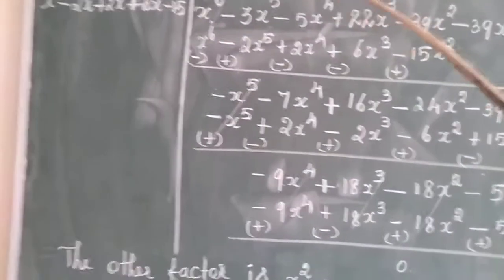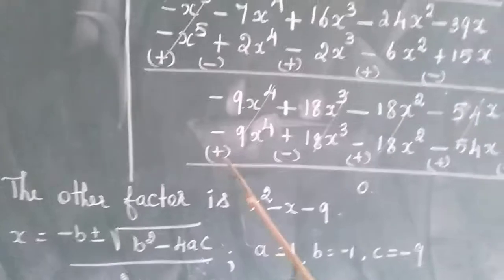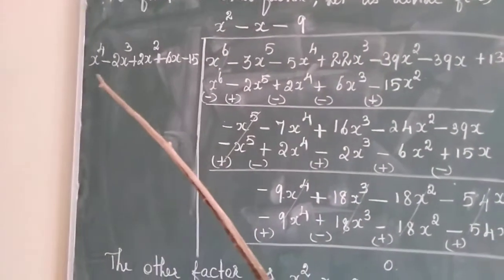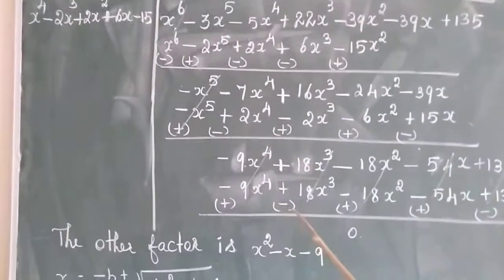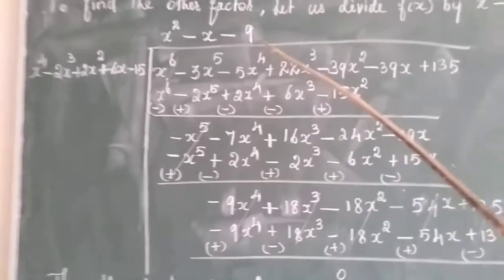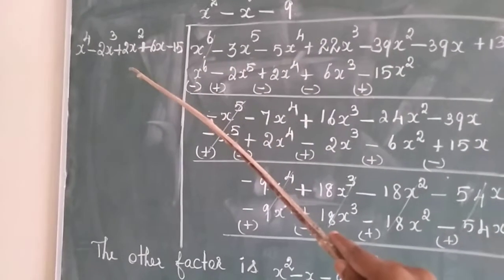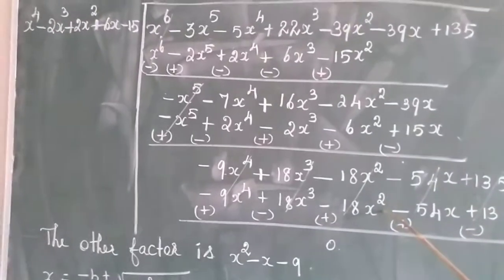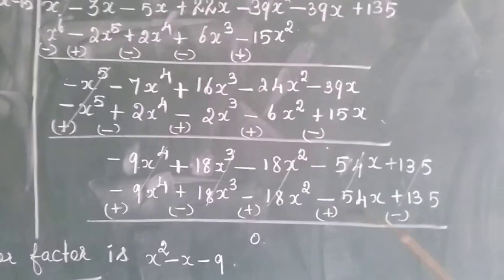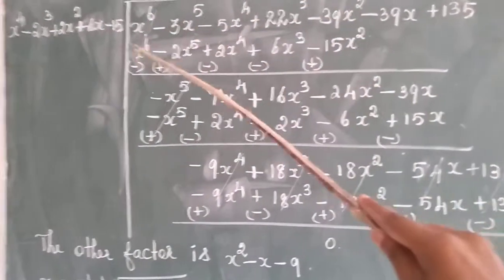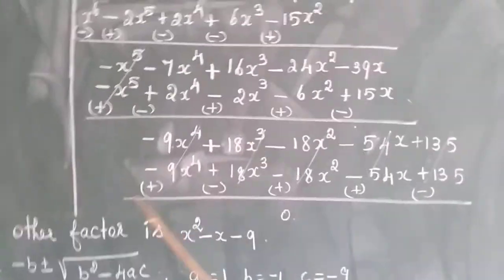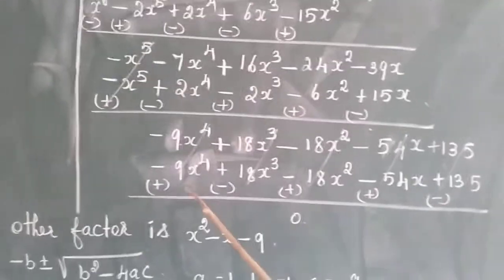When you multiply minus 9 into x power 4, it will become minus 9x power 4. Next, minus 9 multiplied with minus 2x cube, we are getting plus 18x cube, and minus 9 into 2x square is minus 18x square, and minus 9 into 6x is minus 54x, and minus 9 into minus 15 is plus 135. Now we change all these signs